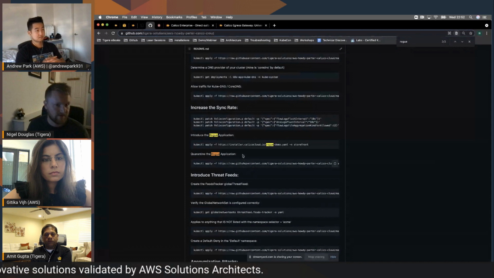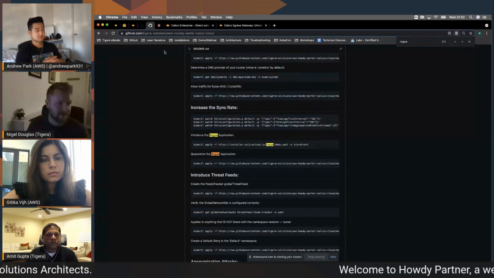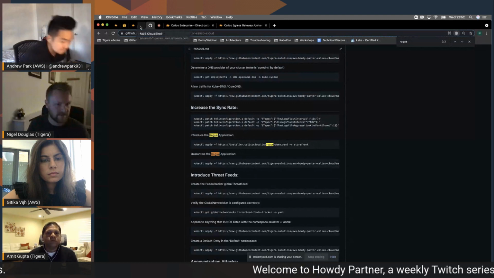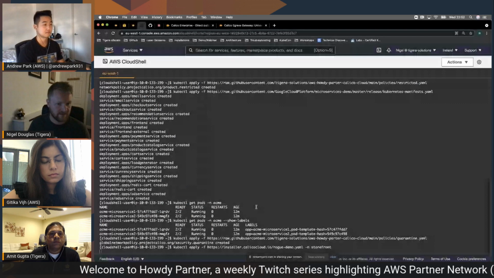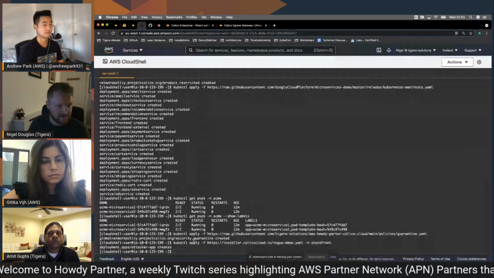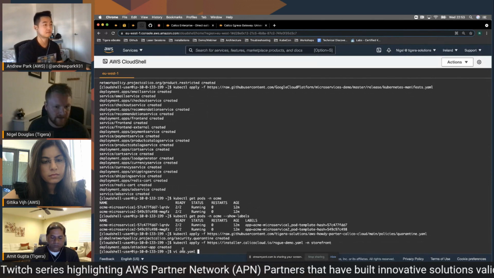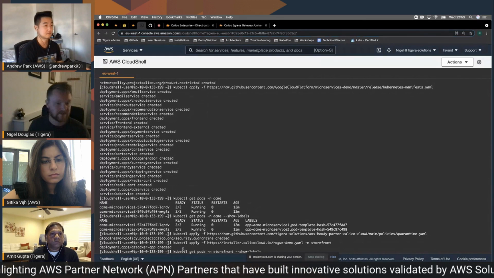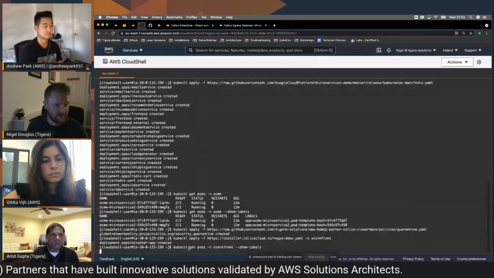I'm going to run this YAML manifest and add it to the storefront namespace. To verify, I'll run kubectl get pods on the storefront namespace. We should see a new pod called attack wrap. There it is, attack wrap.